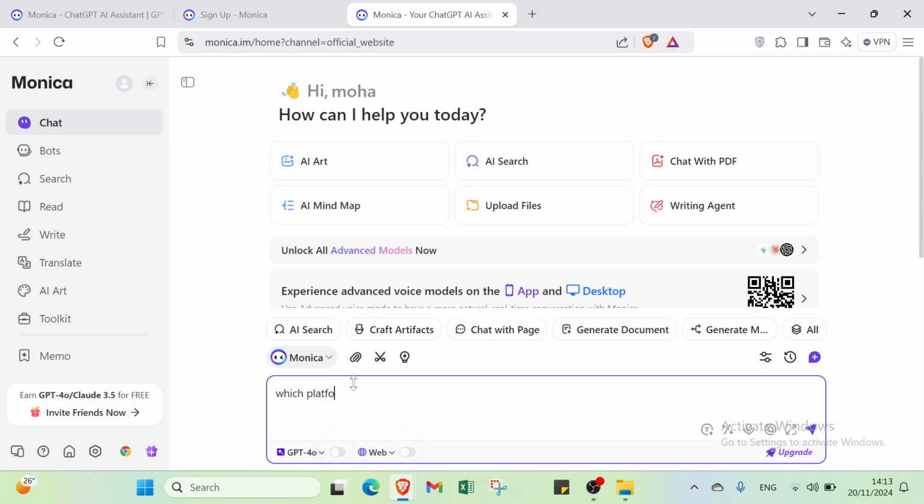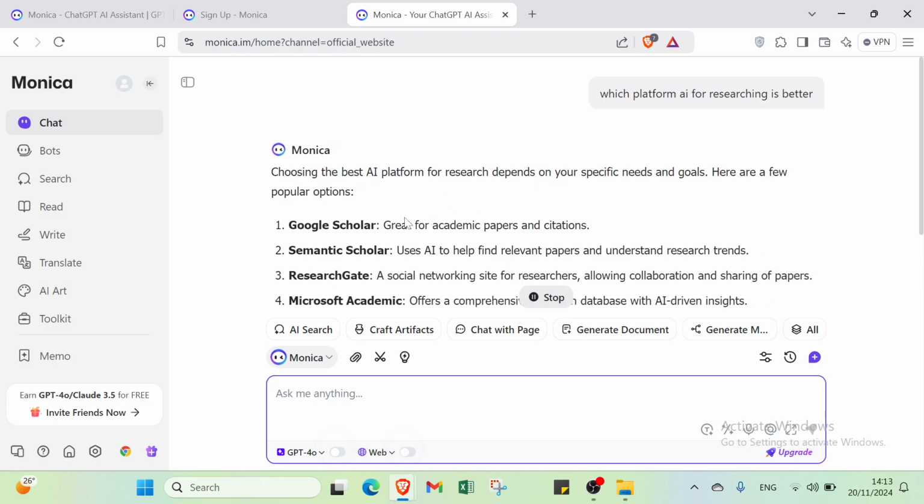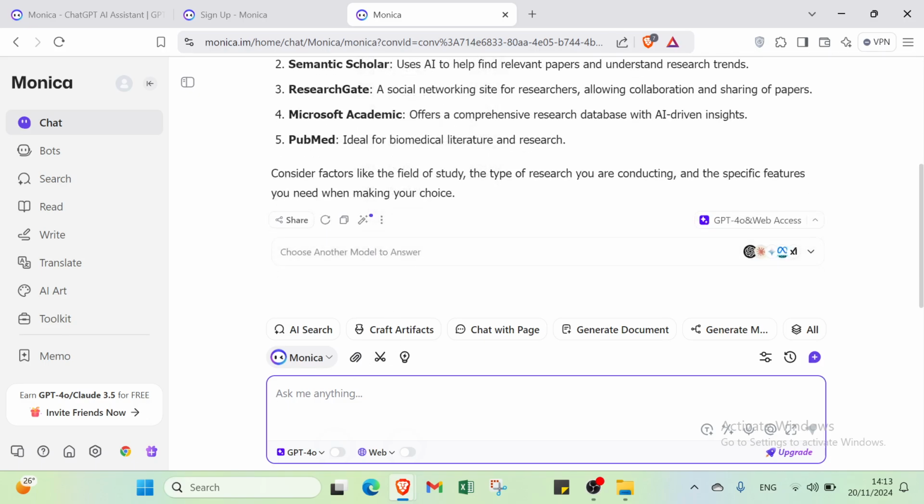which platform AI for researching is better, and I will click over enter, choosing the best AI platform for research. If you add here Google Scholar, Semantic Scholar, ResearchGate, Microsoft Academic, PubMed, and let's just add in, for example, here